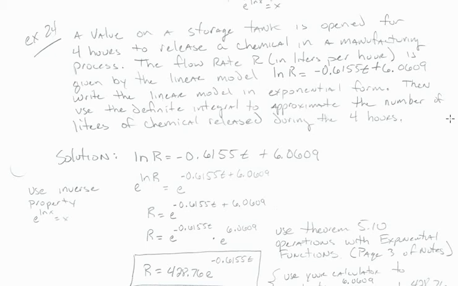equals negative 0.6155t plus 6.0609. We want to write the linear model in exponential form, so that's the first part. Then we want to use the definite integral to approximate the number of liters of chemical released during the 4 hours. So there's two parts to this problem. We need to take that linear model, write it as an exponential model, and then we need to integrate that